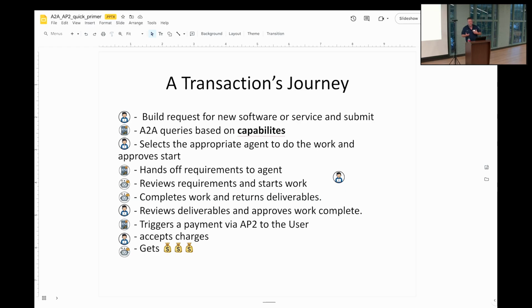And so that's what I wanted to test here. I wanted to be able to grab these A2A queries, hit capabilities, and find in a market where people have agents available to do work, and someone requesting software and it happening. The notion of it is basically as a user goes in and requests new software, the LangGraph workflow, well,